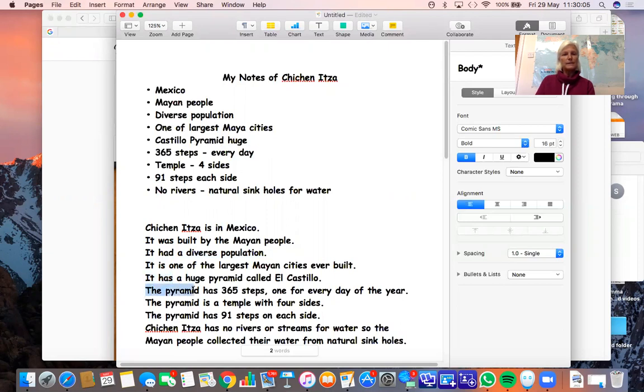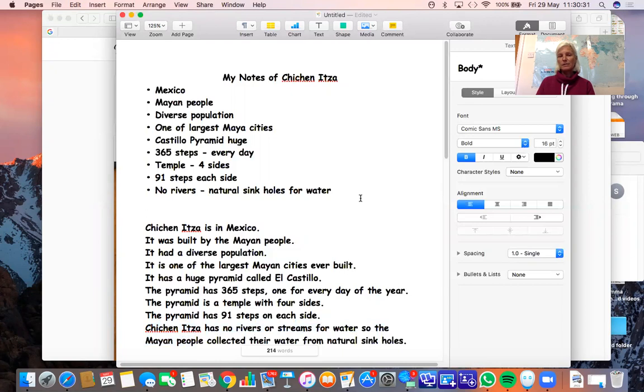The pyramid has 365 steps. The pyramid is a temple with 4 sides. The pyramid has 91 steps each side. Chichen Itza has no rivers or streams for water, so the Mayan people collected their water from sinkholes.